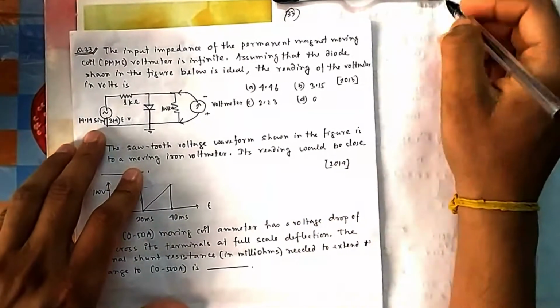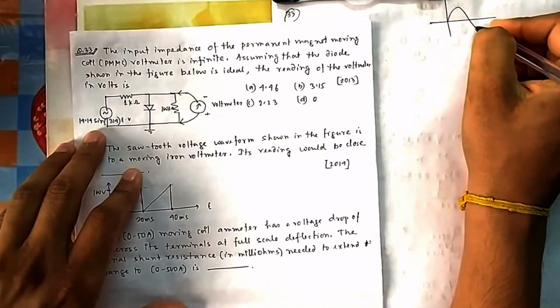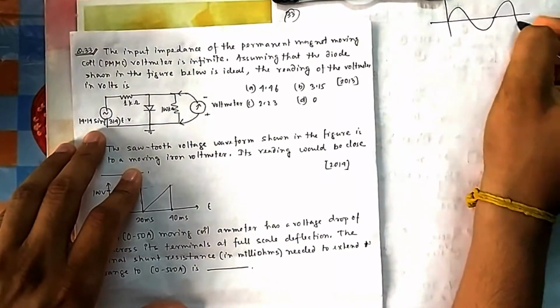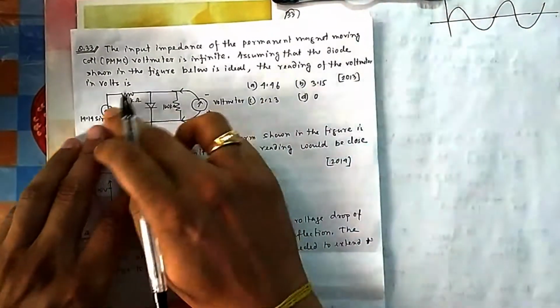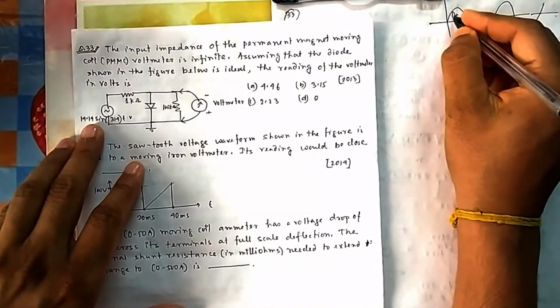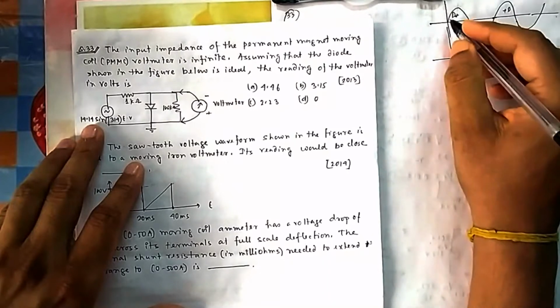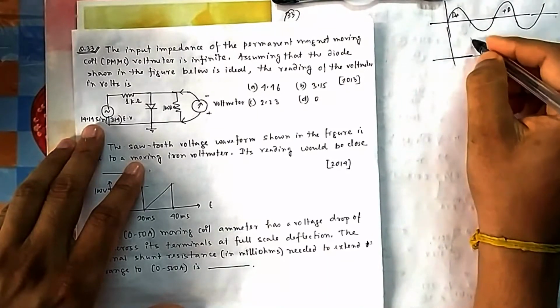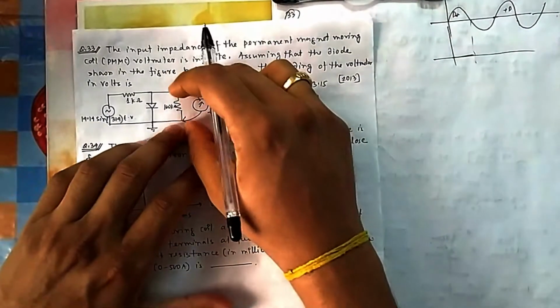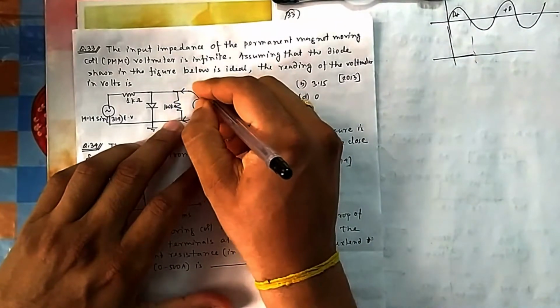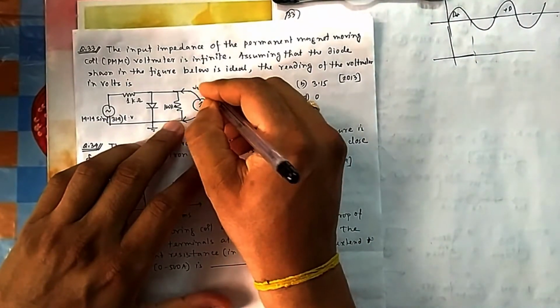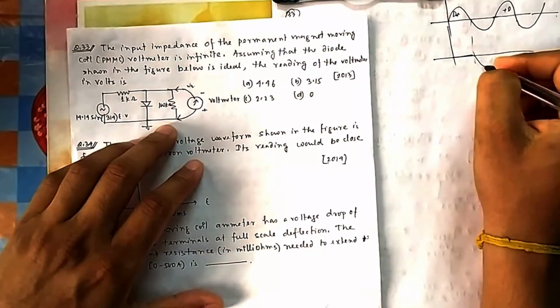Now it is a sinusoidal signal because your signal is sinusoidal. So when is your diode forward biased? When this is positive up. So here diode is forward biased. Here also diode is forward biased. So your voltmeter will read during forward bias, it will read 0. Suppose this voltage, I am measuring this voltage. What is the scenario of this voltage? Suppose this is V2. So this V2 will look like this.